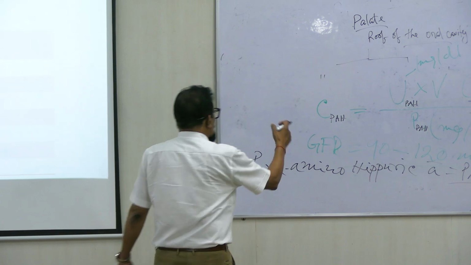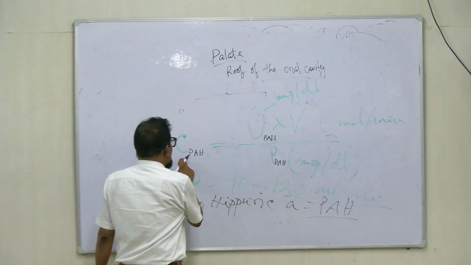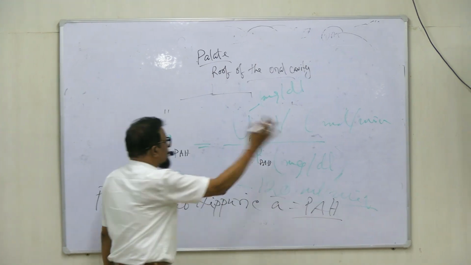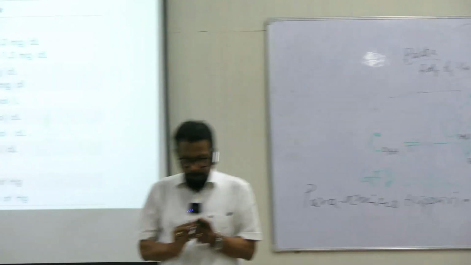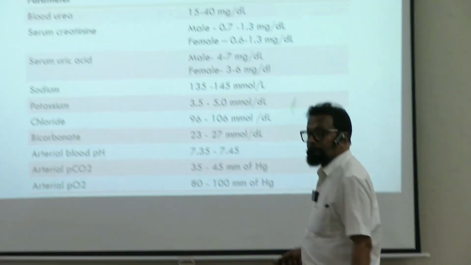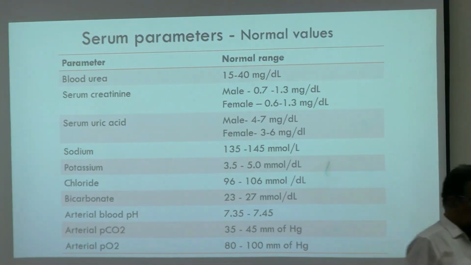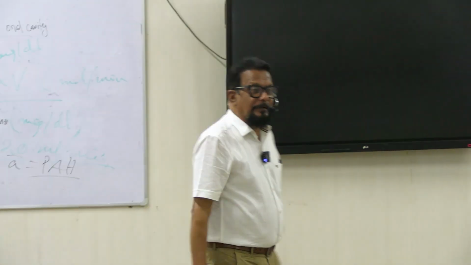Okay. So how can you calculate PAH clearance? In this formula, you just put these values, then you will get the value of PAH clearance. In this way, you can also calculate, as I said, urea clearance, PAH clearance, creatinine clearance, inulin clearance, and